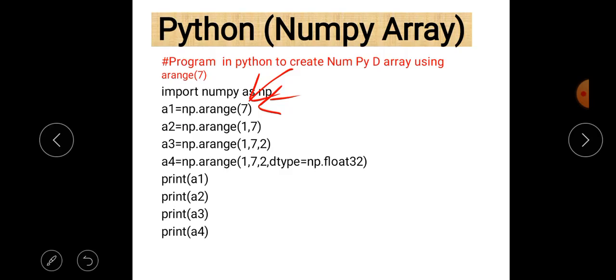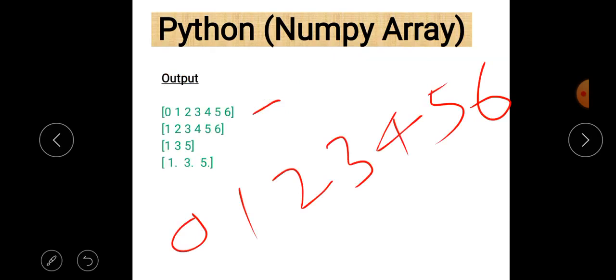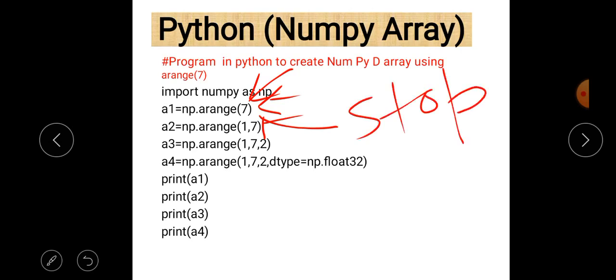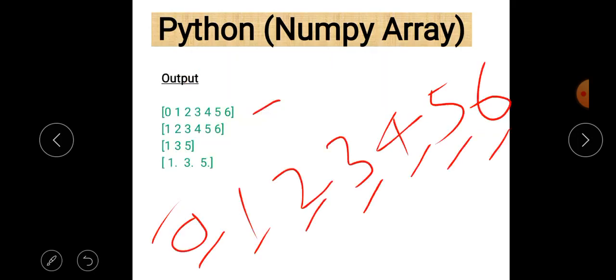Counting always starts from 0, so the first value is 0, second is 1, third is 2, then 3, 4, 5, 6. Always remember that the last or stop value is not considered at all. So basically counting starts from 0 and goes up to stop minus 1. So from 0 to 6 all values are printed.